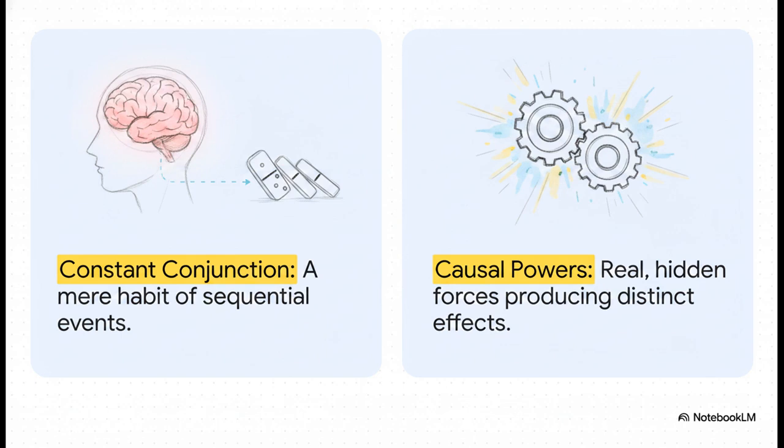Now, Hume's skepticism is notoriously hard to completely disprove, but it makes a lot of people deeply uncomfortable. It shifts us to the opposing and, honestly, perhaps more intuitive view, which perfectly illustrates the fundamental split in metaphysical thought regarding events. So on the left, we have constant conjunction. Causation is just a cosmic habit, a series of sequential events that have zero genuine power over each other. But on the right, we have causal powers, the belief that real, hidden forces actually exist within objects, allowing them to produce distinct effects. The universe is actually governed by real, albeit invisible forces.